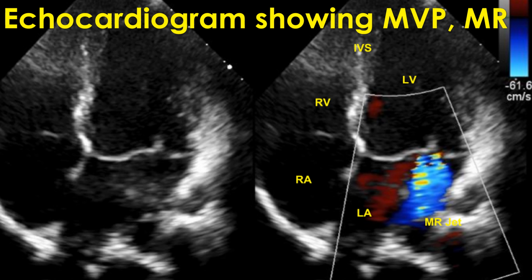Usual tests done for a suspected case of mitral valve prolapse are ECG, X-ray of the chest, and echocardiogram, ultrasound study of the heart. ECG will tell if there is an abnormal rhythm of the heart. It will also give an indication about enlargement of the heart chambers. Echocardiogram will show the prolapse of the mitral valve and the amount of leak. Increase in size of heart chambers can also be noted. Pumping function of the left ventricle can be estimated by an echocardiogram.